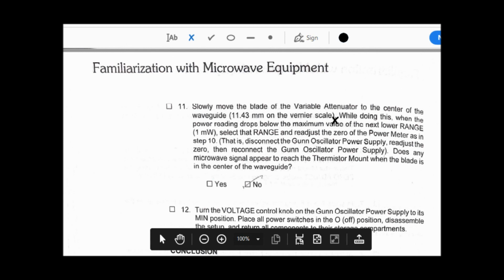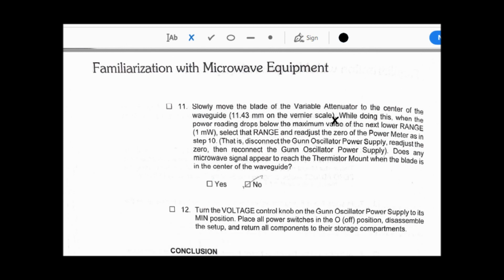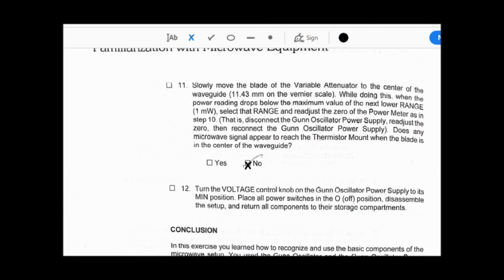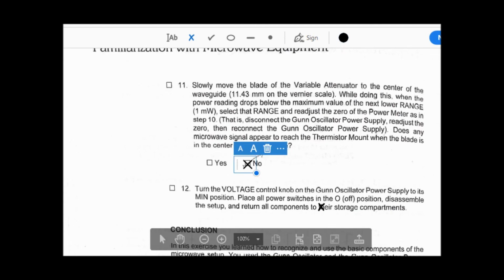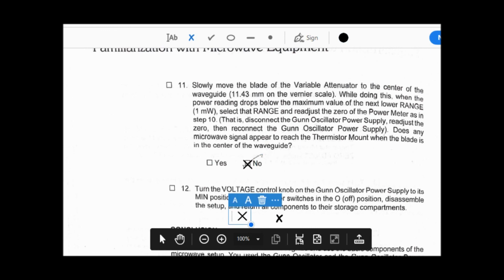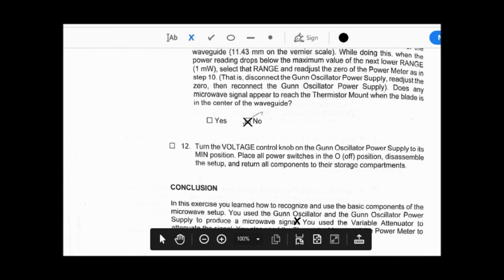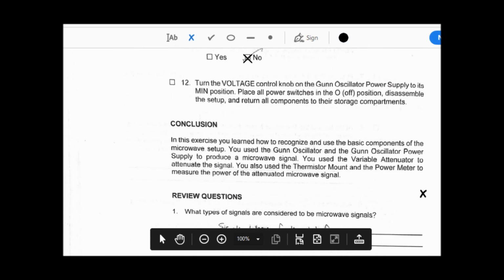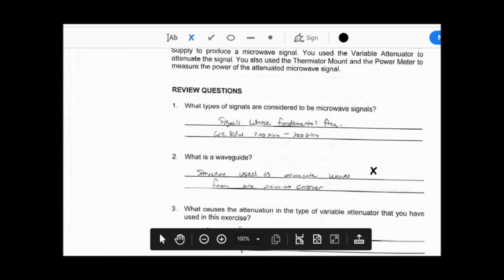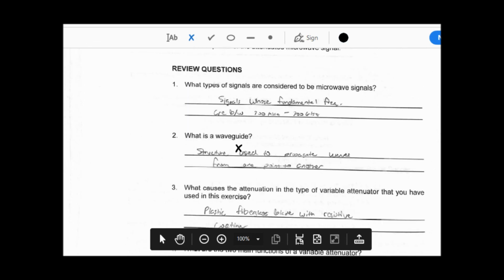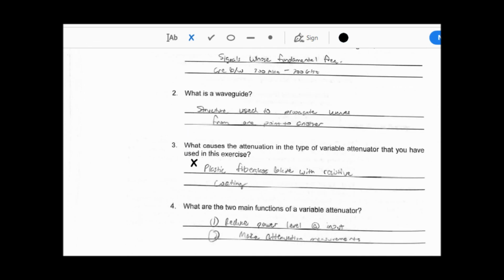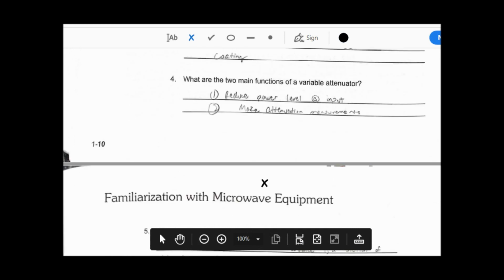Then we set the 3 milliwatt range, and if the needle goes to 2 milliwatt, that means our power meter ranges are okay. And this stage basically tells us, if you set the variable attenuator to 11.43, you will see no reading in the power, because 11.43 will attenuate the entire signal and you will get zero signal at the output.